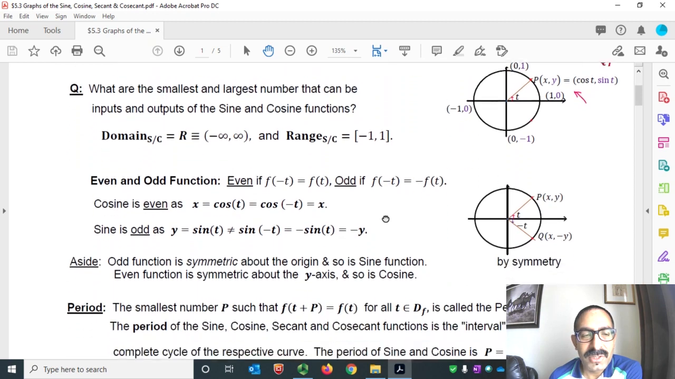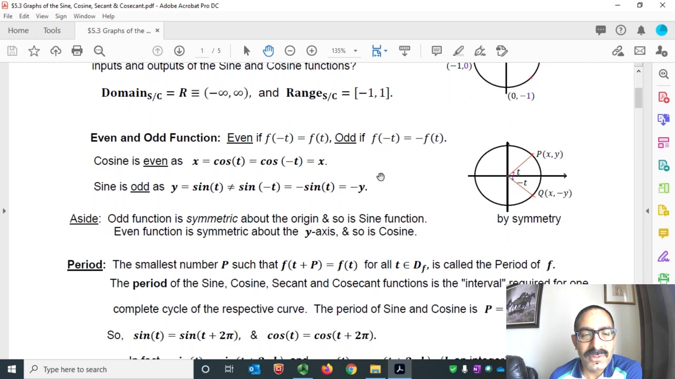Next, definitions: even and odd functions. A function is even if f of minus t equals f of t, and odd if f of minus t equals minus f of t. So if we change t to minus t and the function doesn't change, the function is even. If the function changes, then the function is odd. Great. So for sine and cosine,